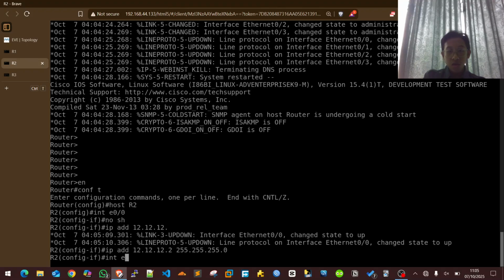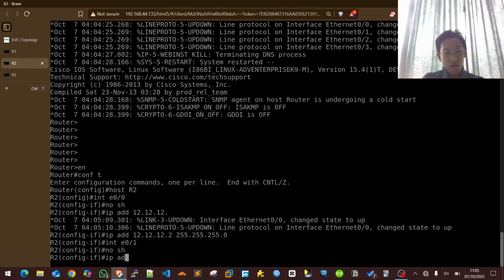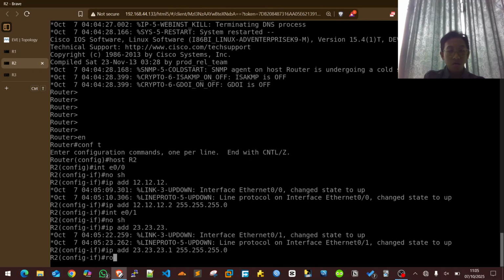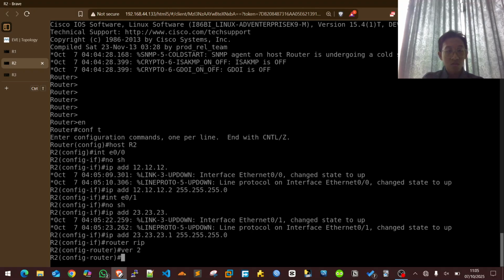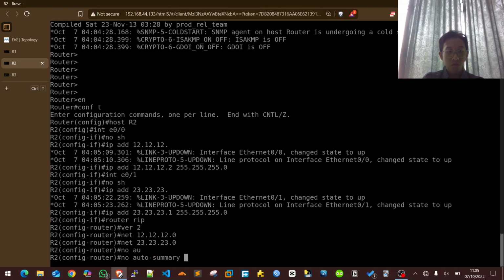And then the other side on the second router add an IP of 23.1. Now router RIP version 2, the network will be 12.0.0.0. No auto summary.